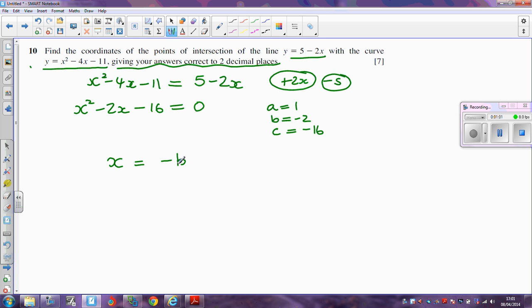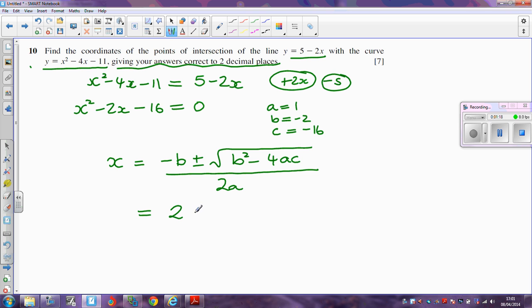So x is equal to minus b plus or minus the square root of b squared minus 4ac, and all of that has to be divided by 2a. Now we can start substituting in. So it's going to be minus b. Well, if b is minus 2, that means it's going to be 2 plus or minus the square root of